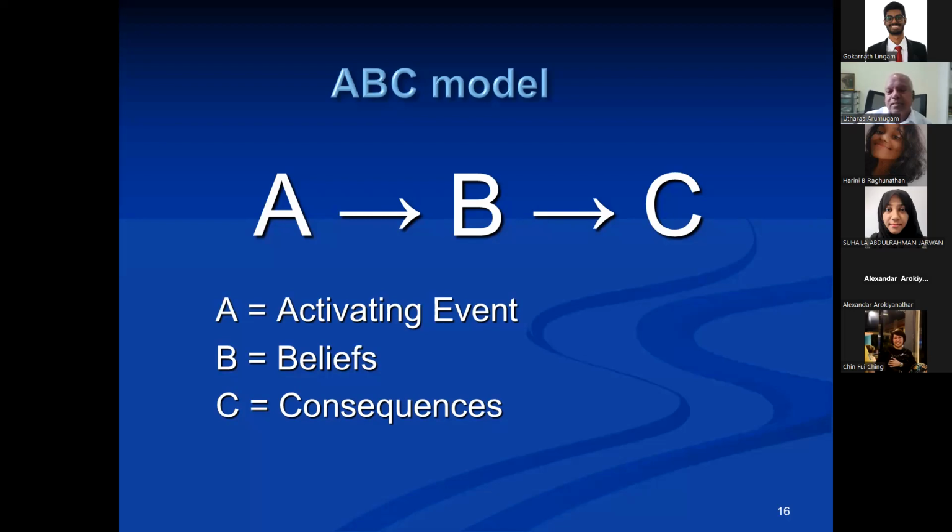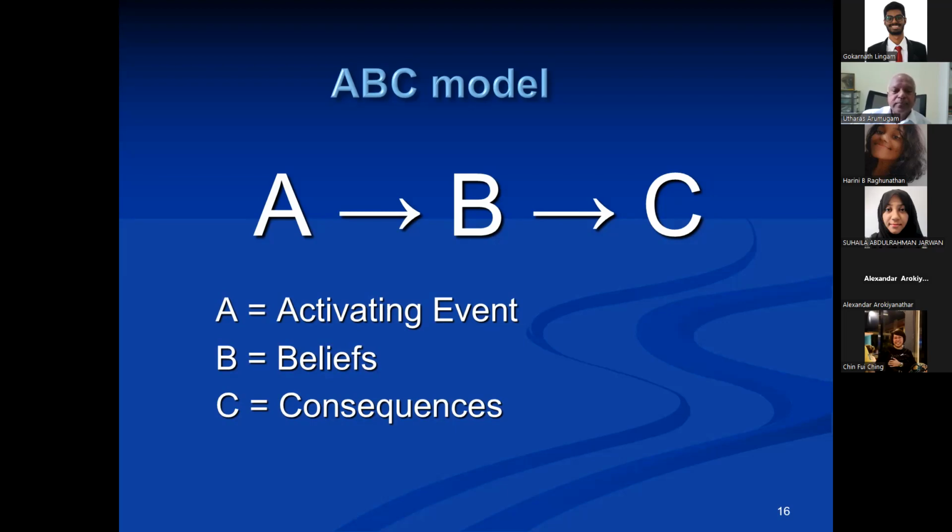For instance, a student becomes anxious about the forthcoming exam. Others are looking forward to the exam because they think it's something they're prepared for. They're not anxious. If the A caused the C, everybody would be anxious. But in this case, not everybody is anxious, only some individuals. That has to do with how these individuals perceive the A. That is the ABC model.